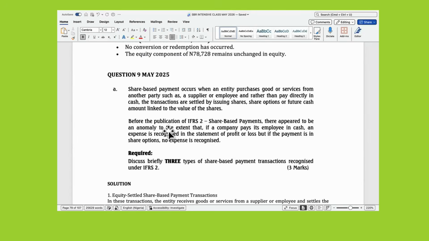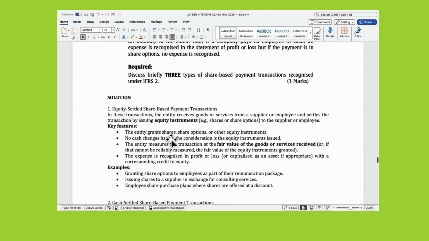So IFRS 2 talks about three types of it. There is the equity settled share-based payment transaction. There is the cash settled share-based payment transaction. And there is the equity or cash settled share-based payment transactions. So for the equity settled share-based payments transaction,